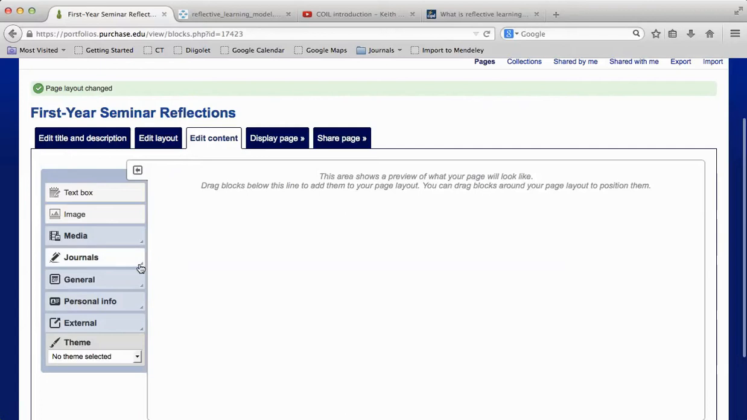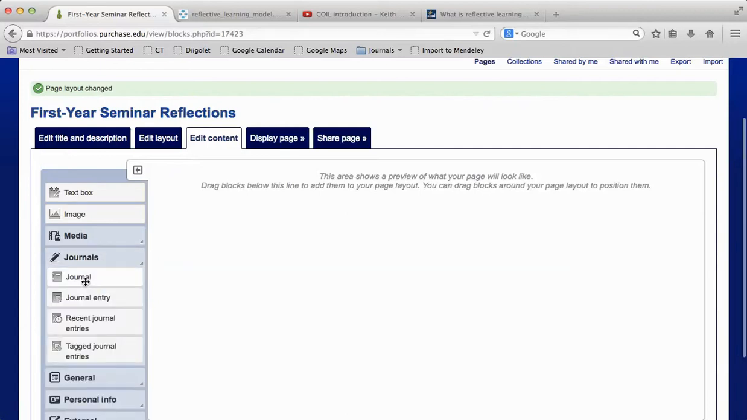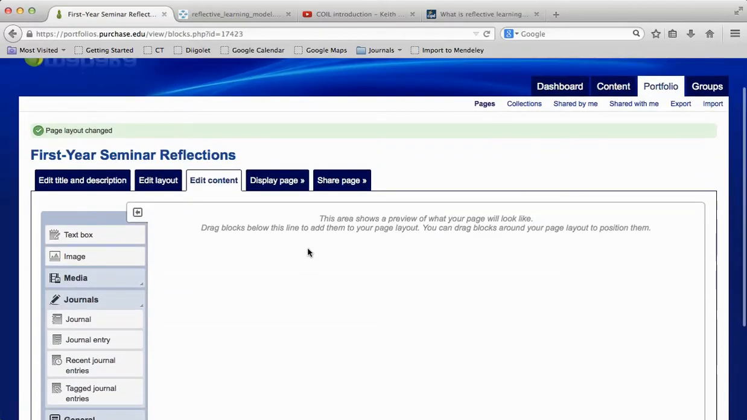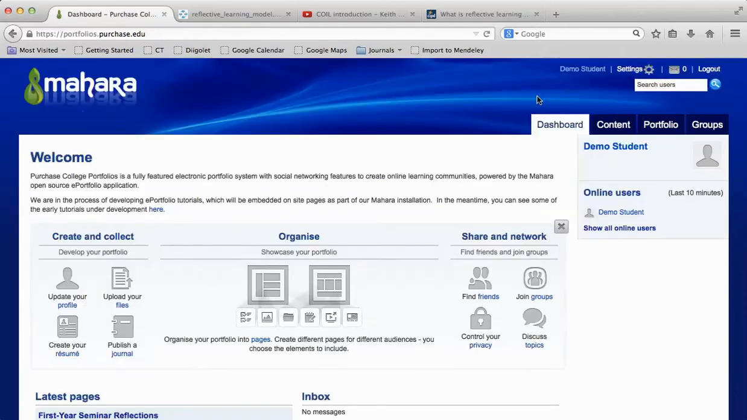Now at this point, all I would need to do would be to drag a journal object onto the page to add my journal, but of course I haven't actually set up the journal yet. So I'm going to go back out to the dashboard, and you see from the dashboard there is this link here to publish a journal. So if you click on that,